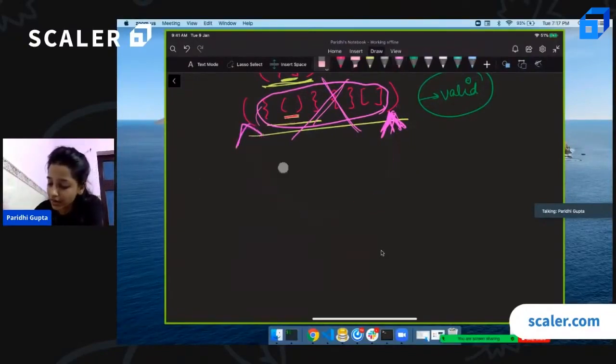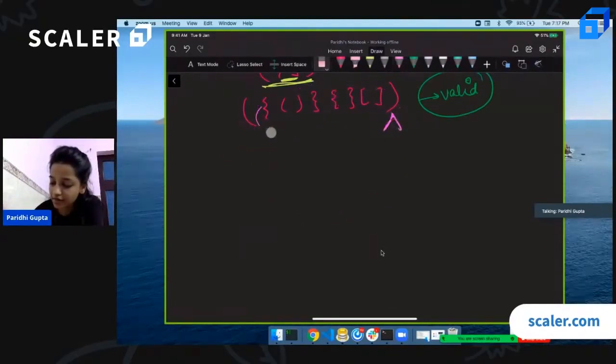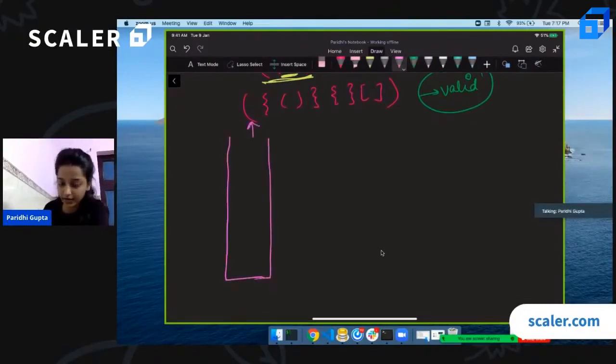Okay, so let's see a dry run of this using a stack, because stack is the data structure that helps us look at just the past. So what can we do? We are at this bracket. This is an opening bracket. We'll see about it in the future, so push it onto the stack. Then this is an opening bracket. We'll see about it in the future. Put it on top of the stack. Again an opening bracket. Put it on top of the stack.